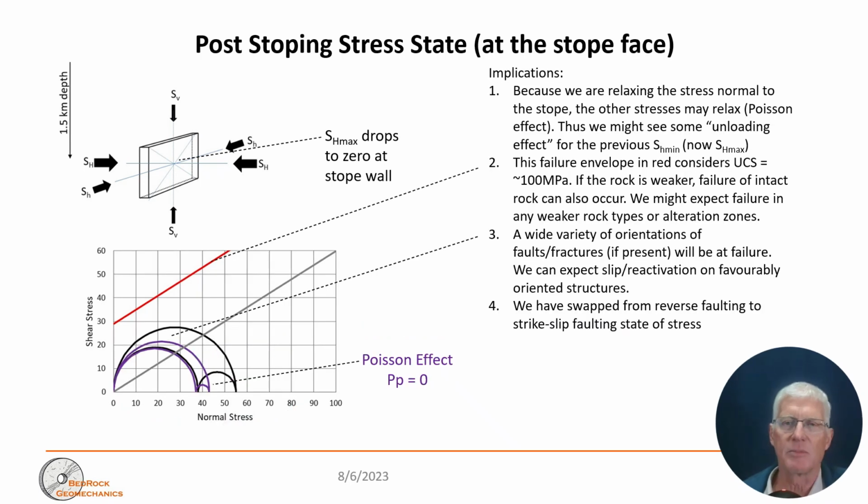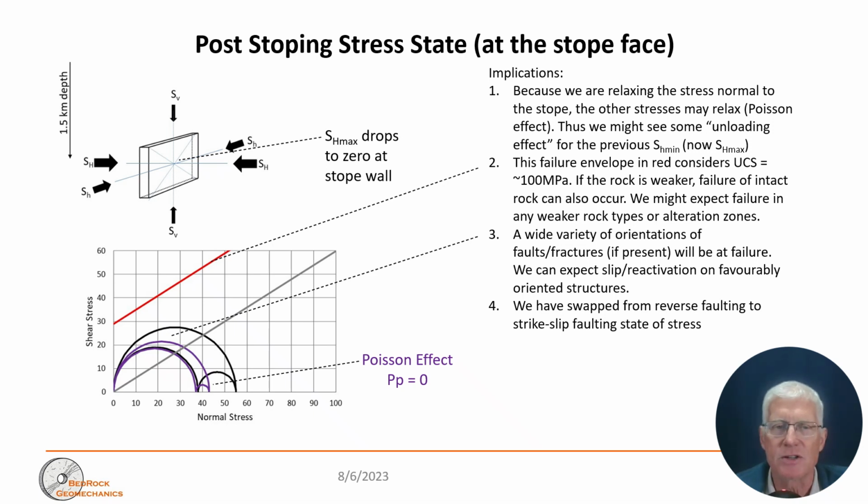The reason that it's a little bit crude is because we're relaxing the stress normal to the stope, the other stresses may relax due to what we know as a Poisson effect. That means that if we unload perpendicular to the stope or normal to the stope, there's going to be some potential reductions in